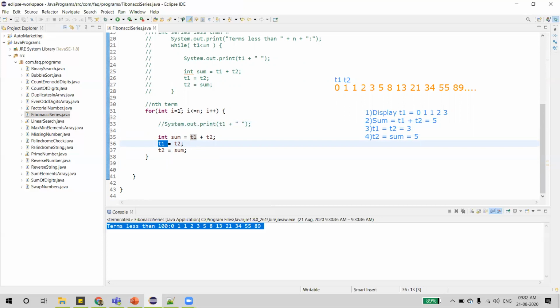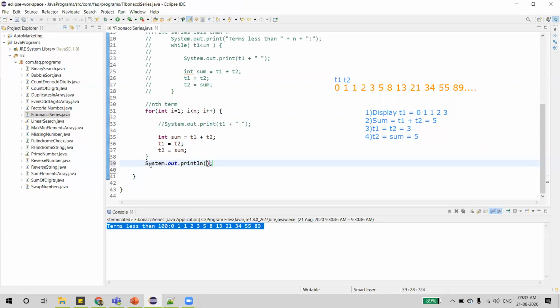Next, if I is 2, in the second iteration it will have the third value. In the third iteration, it will have the fourth value stored in T1. Likewise, in the ninth iteration it will have the 10th value. If it is the n minus 1 iteration, it will have the nth value. So as we want to print the nth term, we will loop only n minus 1 times. So I am removing the equal to here, so that it loops only n minus 1 times and T1 will have the nth term.